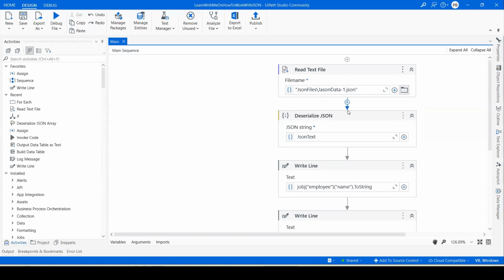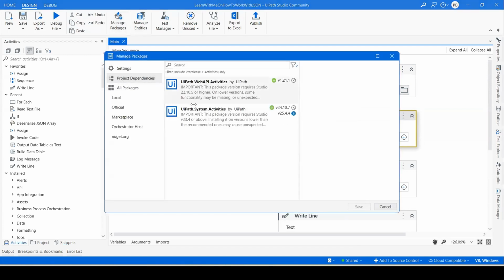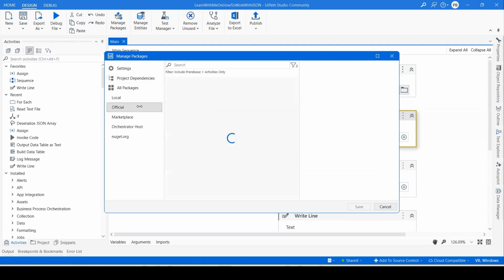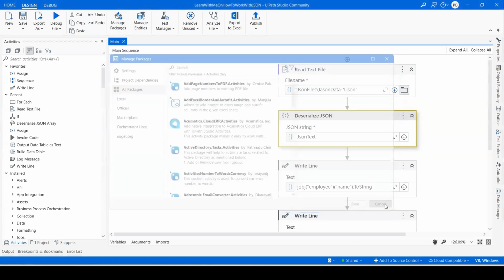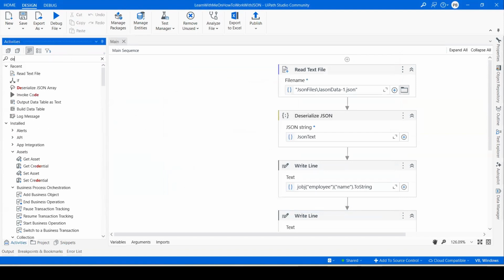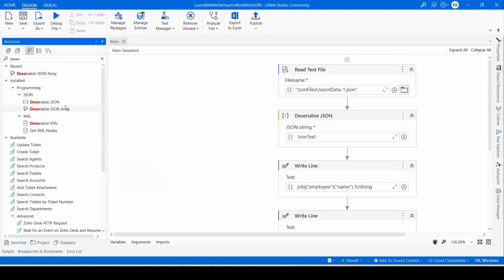Now, what is deserialization JSON, and how did we get it? If you open manage packages, you should be able to see this web API activity. If you're not seeing it, then install it by going into official, searching for the API and getting it installed. Once you're done with that, just search in your activity panel for deserialization JSON